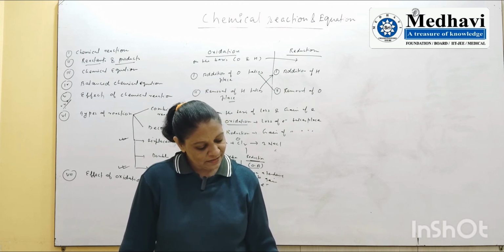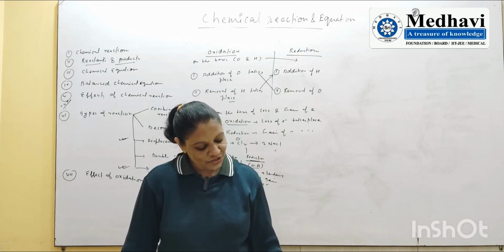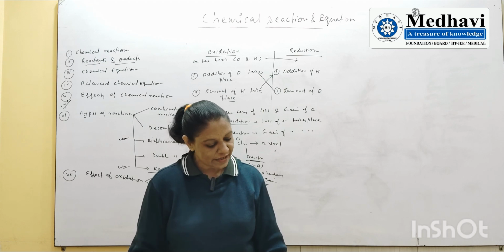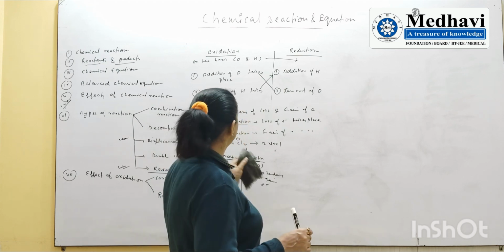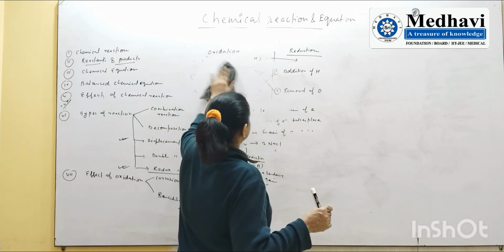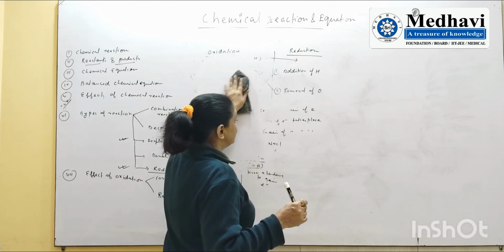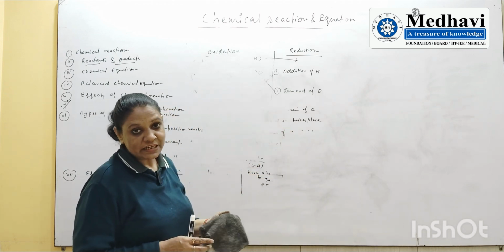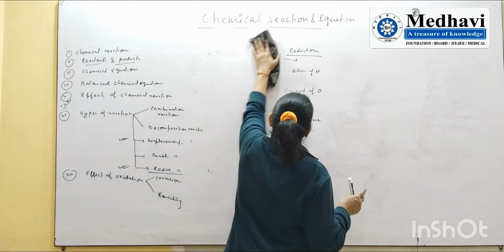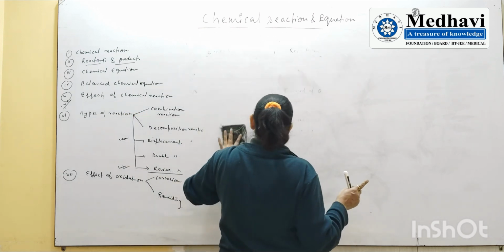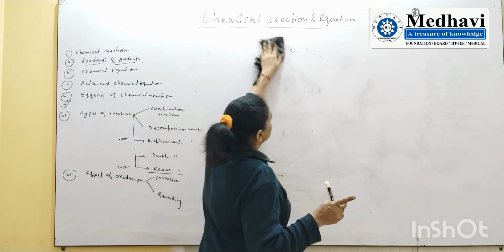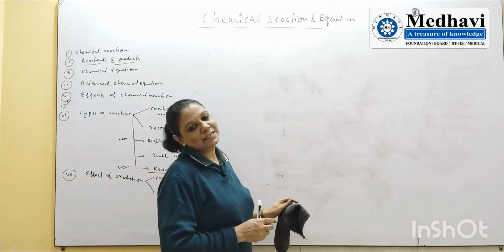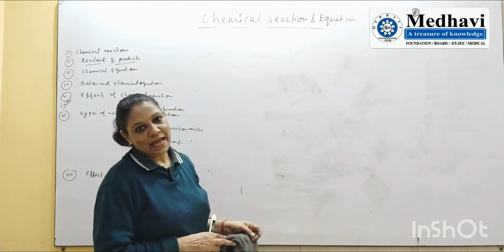The second question is given: write the balanced equation for the following chemical equation. This equation I want to explain, because I have observed that students, basically CBSE students, have problems related to the balancing part and the equation part, because they start how to make formulas in standard 9 only, and their application